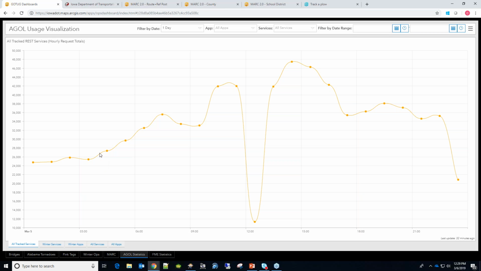I started throwing these together last week, I think it was. Some of you guys might be really interested in this type of stuff. So ArcGIS Online only keeps data on an hourly basis going back 7 days, but it only shows within their usage 1 day. So I threw together this, the FME process behind it runs every night. So we'll only see up till I think 11 p.m.